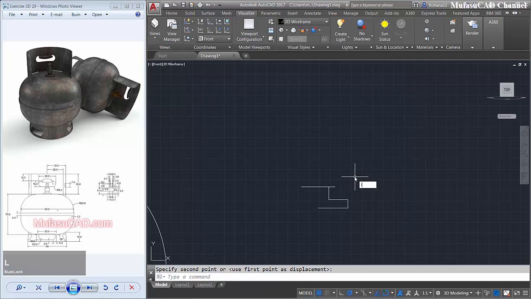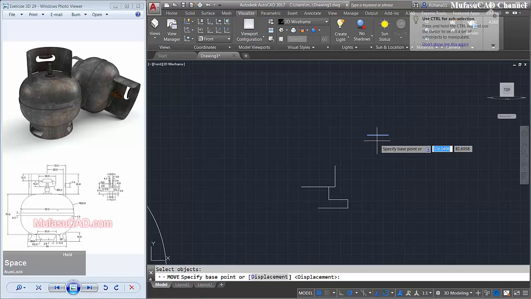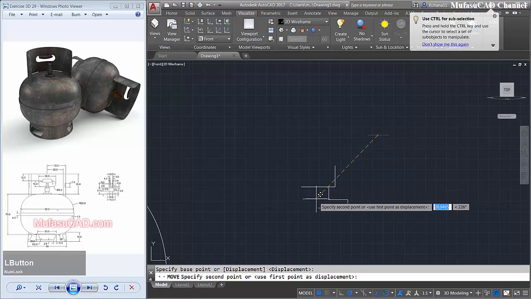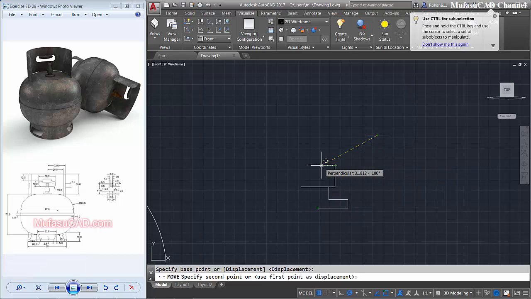Okay, and I will create a line, start from this point to the top 5. We create a line from this point to the right here of 5, and move from a middle point here to this point.